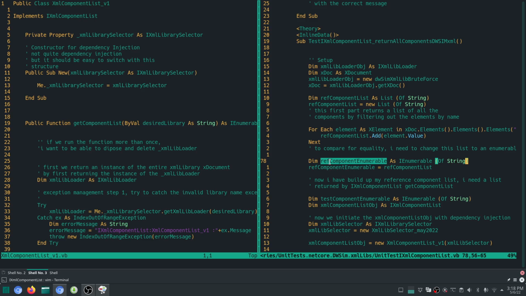So this reference component enumerable is an IEnumerable of string. Okay, and this reference component enumerable will just be set equal to reference component list. However, reference component enumerable will strictly be interacted with using the IEnumerable interface, so it will have a more restricted set of methods as compared to the list. I'm going through very quickly roughly what happens. Then after that, I make an IEnumerable of string,